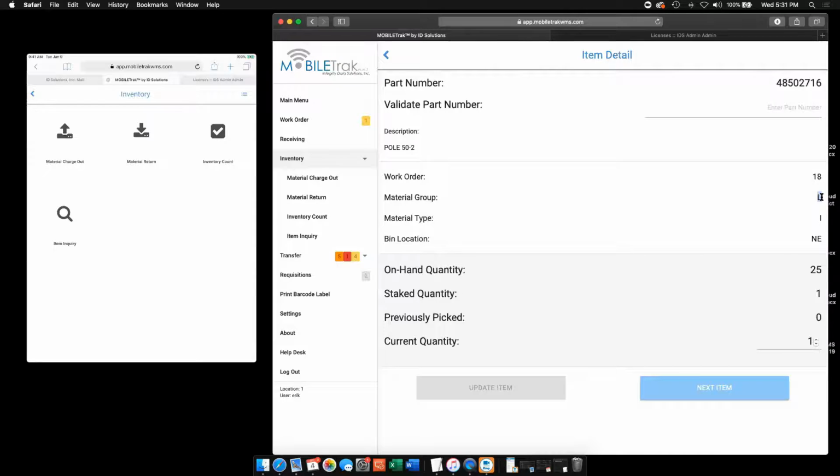But this would be like, is it a minor material? Is it an exempt item? Is it an inventory item? The material type, what bin location I'm in. It'll tell me if I've turned it on. Remember, we turned that on in the settings. How many I have on hand right now. Now, if we turn this off, this is what we call a blind tick, because sometimes organizations don't like the users to see that. It's totally up to you. We make it available. It'll tell you what was staked, quantity 1, how many have previously been picked, 0, and